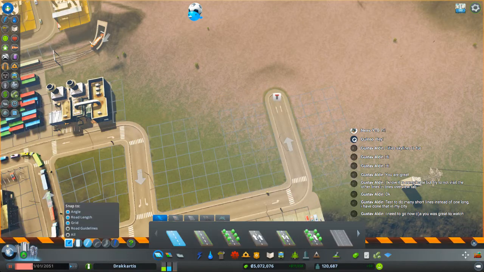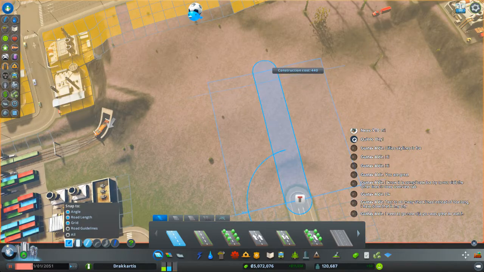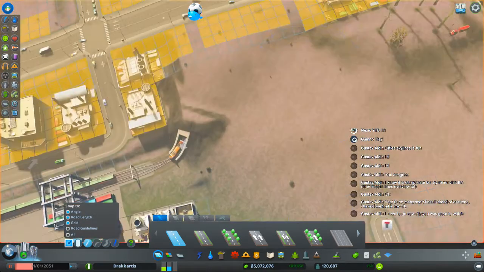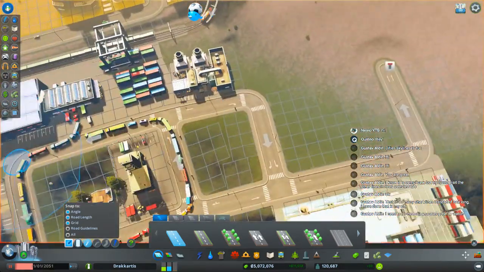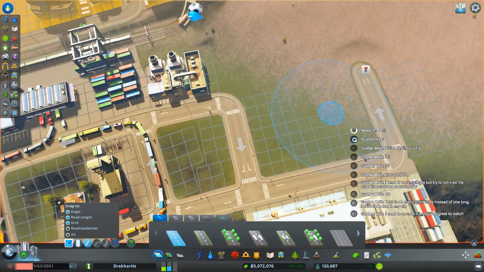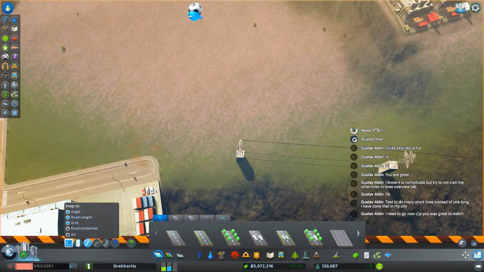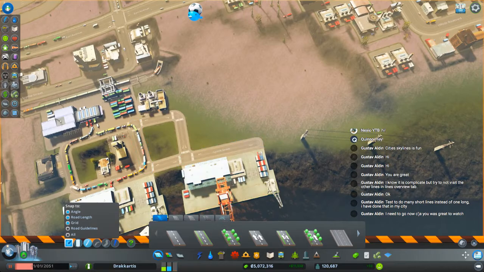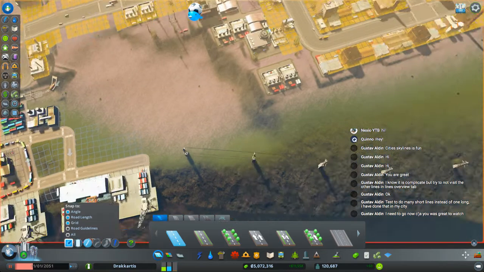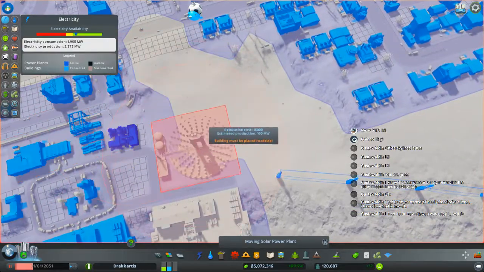So we need this road to extend quite a bit. How about we actually do it in a proper grid? Well, eventually we don't want to, so yeah, how about we don't care about a grid? Question, do we want to move this? How about we build